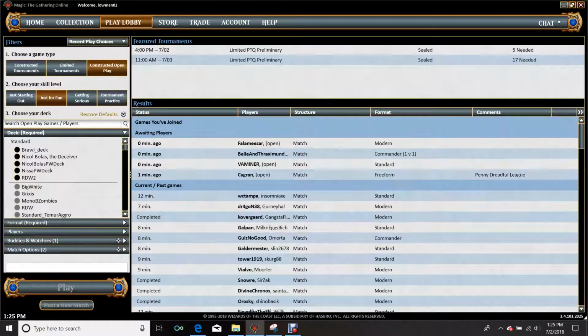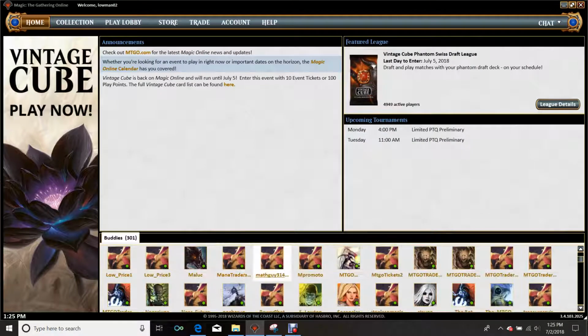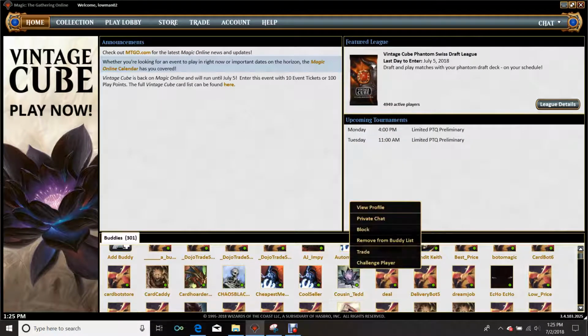I'm going to go ahead and cut it there. Well, we'll see if he wants to play another game. I mean, I'll challenge him to another game with this deck. Or maybe something different. No, I'll play this deck. I mean, I'll let him...